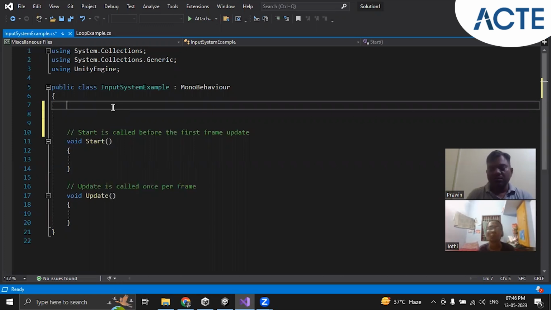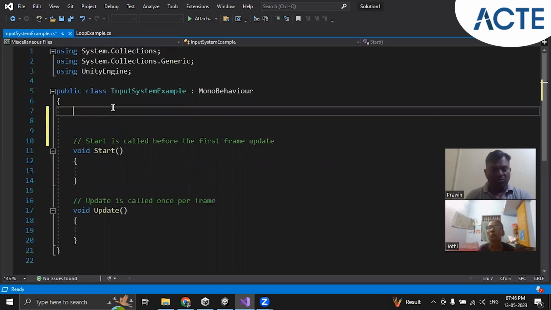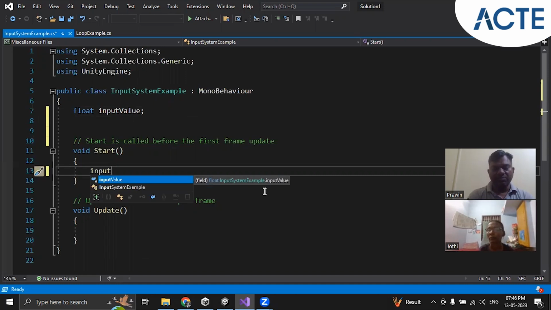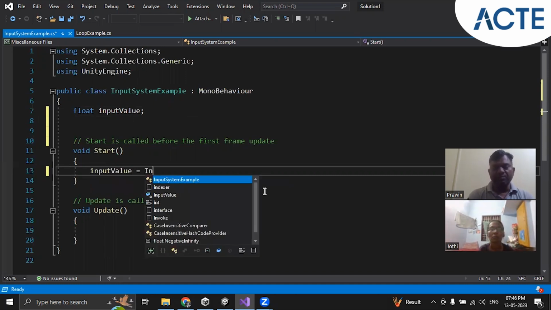So we will have one variable, float input value. And here in the start function, input value is equal to input,